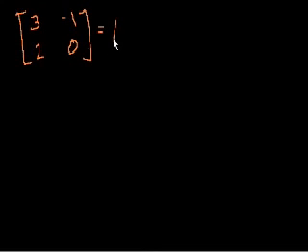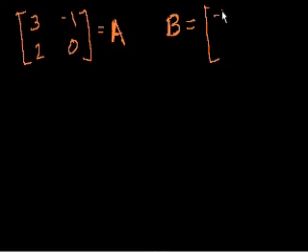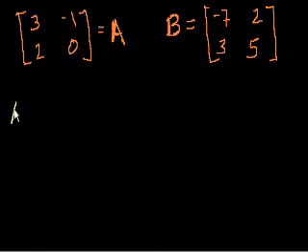Let's call that A, capital A. And let's say matrix B, and I'm just making up numbers. Matrix B is equal to -7, 2, 3, 5. So my question to you is, what is A